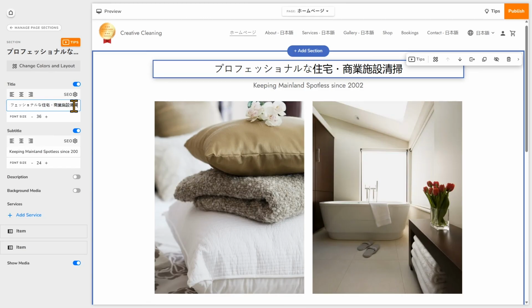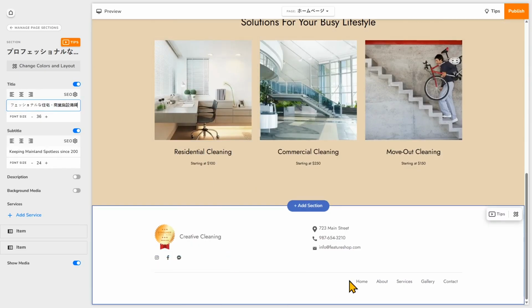So you'll need to go ahead and translate all the other page sections and pages just like how I showed you here. But something to note is that the header and the footer on your web pages is global, which means it's the same across your website on all pages, besides the site menu that will be specific for each language page. So for example, this is the header. All of the content here is in the header. And this section on the bottom, all of this content is the footer.